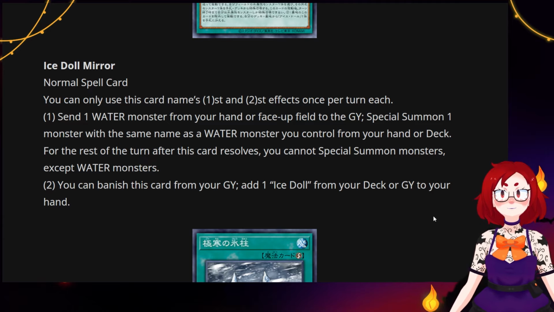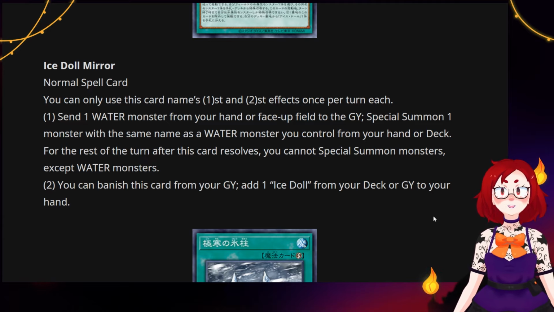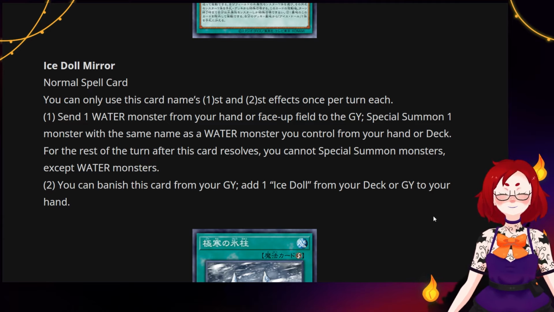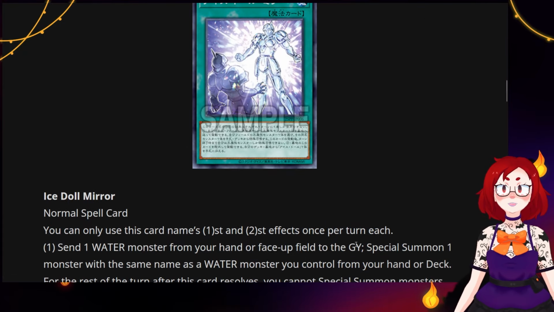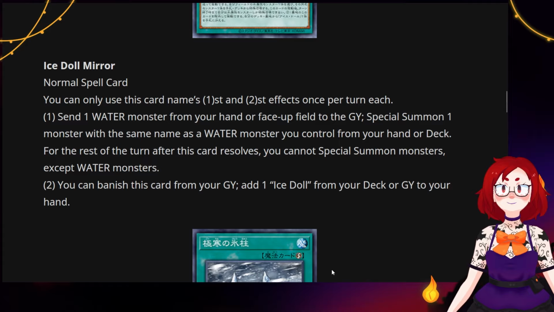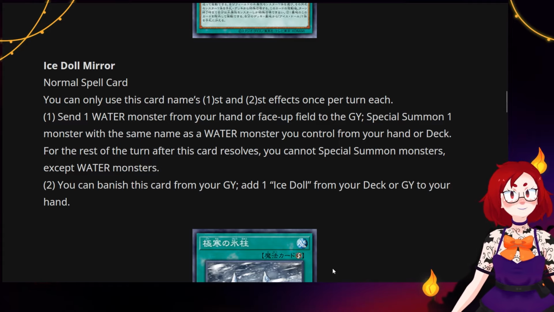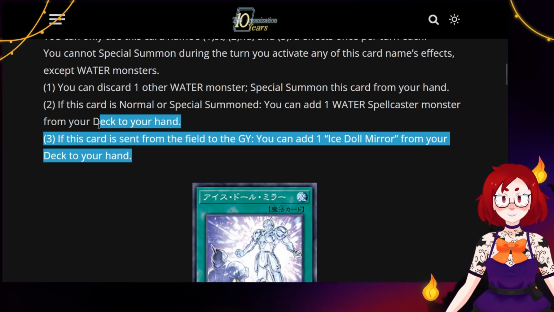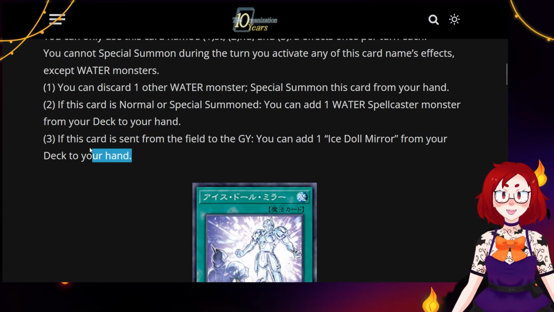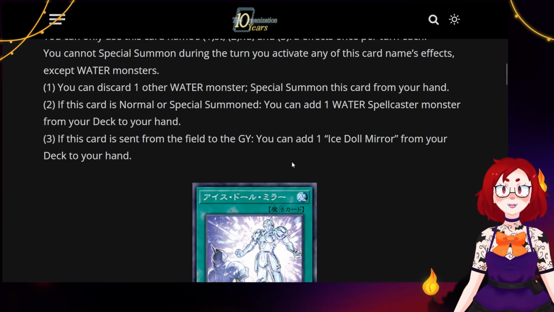Huh. You can banish this card from your graveyard, add one Ice Doll from your deck or graveyard to your hand. That doesn't seem very good. This card kind of sucks. I don't see any reason to play this. Well, other than the fact you can search it for free. Well, not even for free. When it's sent from field to grave, I guess you probably...